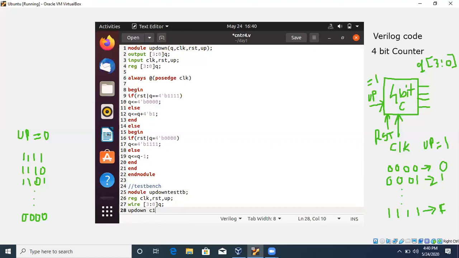Then the instance name, you can give any name, and inside the bracket you have to pass the same variables which we have used earlier.